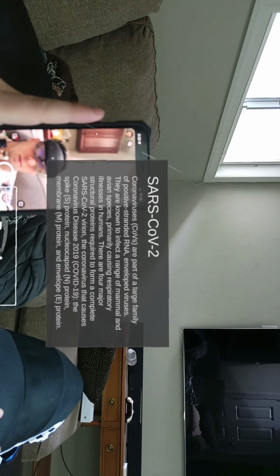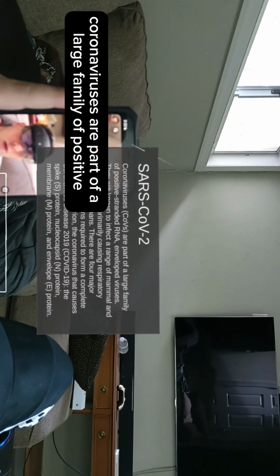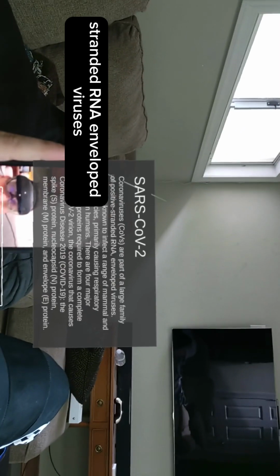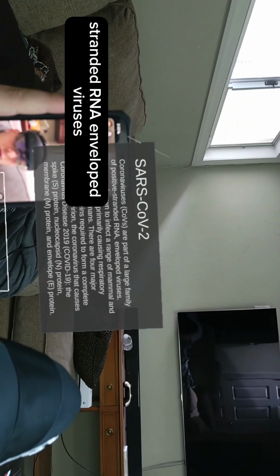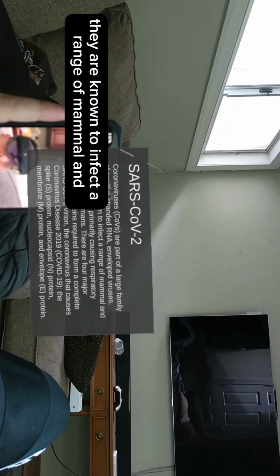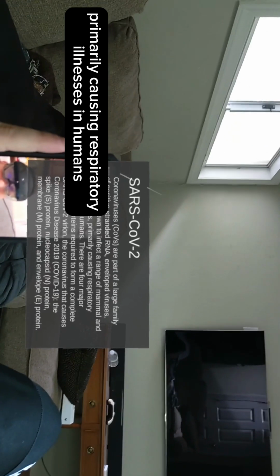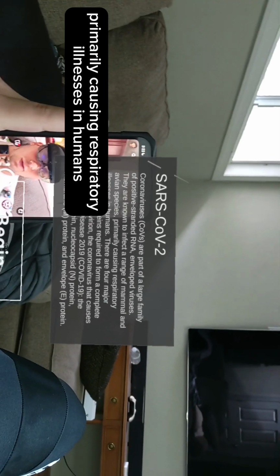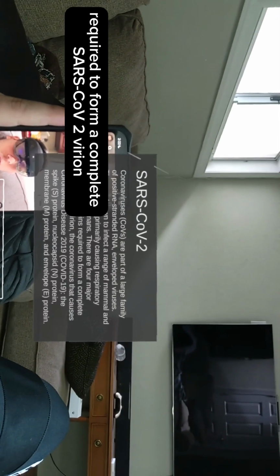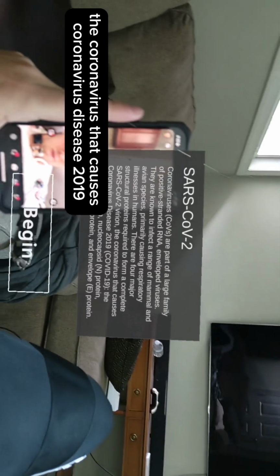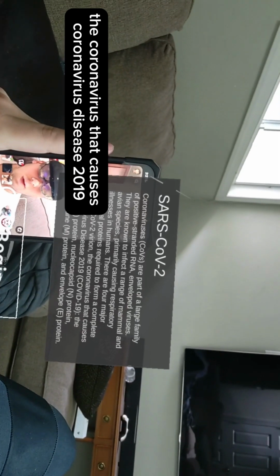SARS-CoV-2. Coronaviruses are part of a large family of positive stranded RNA enveloped viruses. They are known to infect a range of mammal and avian species, primarily causing respiratory illnesses in humans. There are four major structural proteins required to form a complete SARS-CoV-2 virion: the coronavirus that causes coronavirus disease 2019,